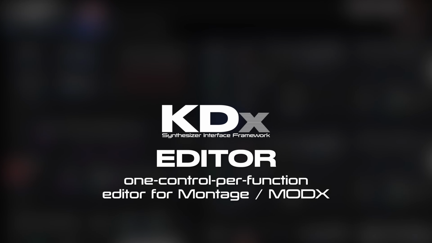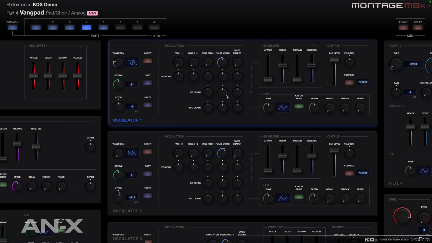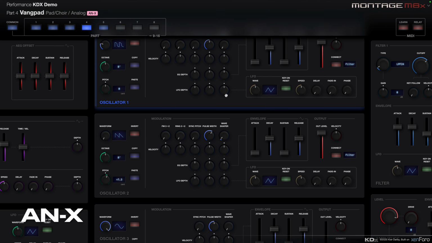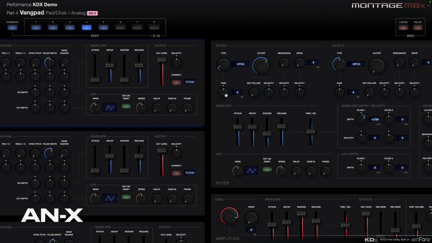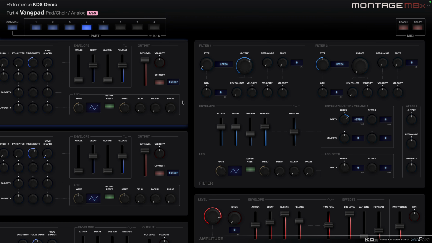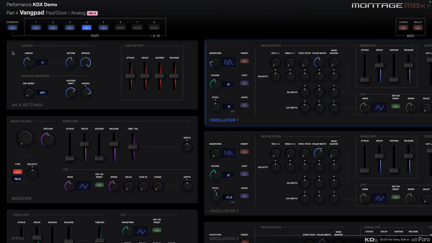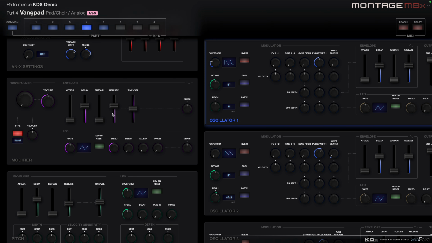What you're looking at here is a single ANX part from my MONTAGE M. There are a huge number of controls, but we have unlimited space, so I don't need to cram everything into a tiny box. We just need to scroll around to get to other areas of the system. On the left, we have the ANX settings, including unison and aging, and then below that is the wave folder